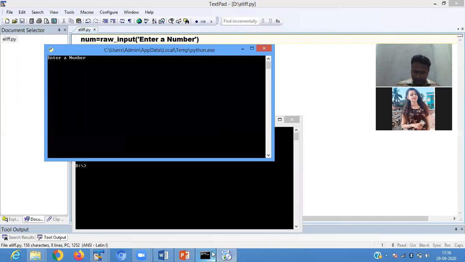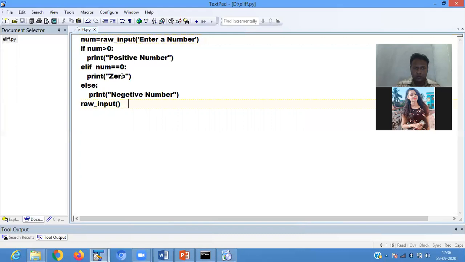Suppose I pass here 0, then it is showing num is equal to 0.